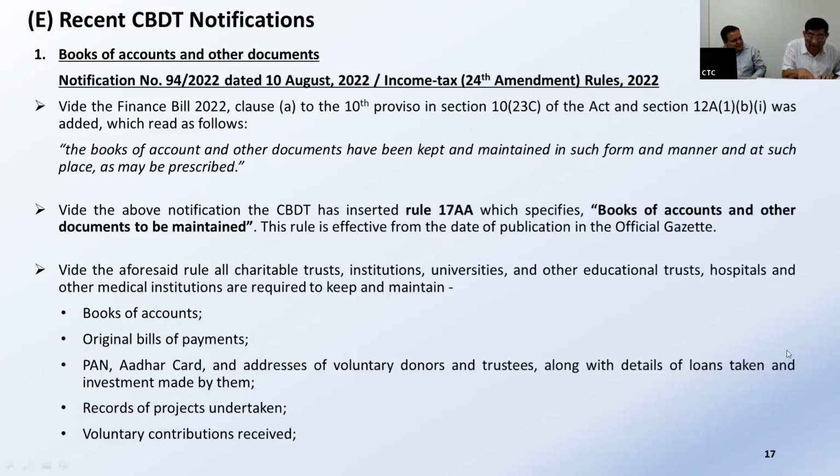Then name and address, and PAN and Aadhaar if available. That's for a specified person. In the case of a specified person, the PAN number is compulsory. Must. So if the settlers were there 50, 30 or 60 years ago when your trust was created, those settlers' names and addresses are required, which we can find from the trust deed. But finding out their PAN number is a difficult task, not practically possible. In so many cases, I found the settlers are not available at all. Even certain trustees are not available. So those practical problems will be there, but they require PAN, and Aadhaar if available.